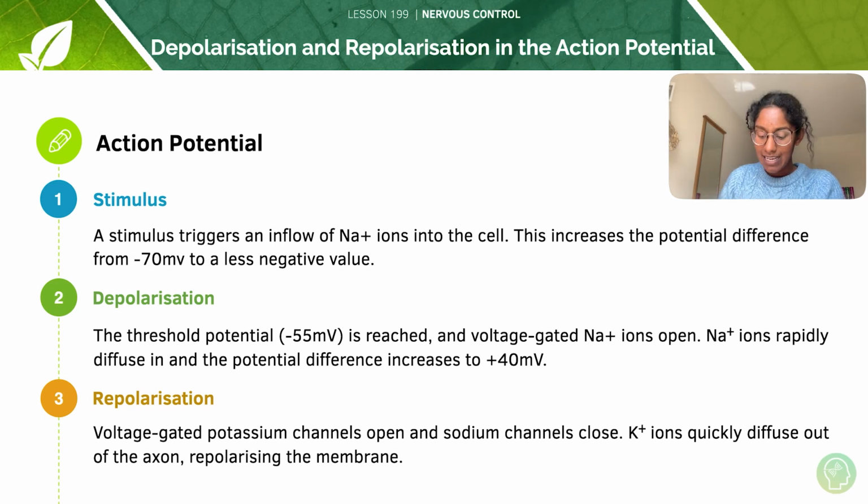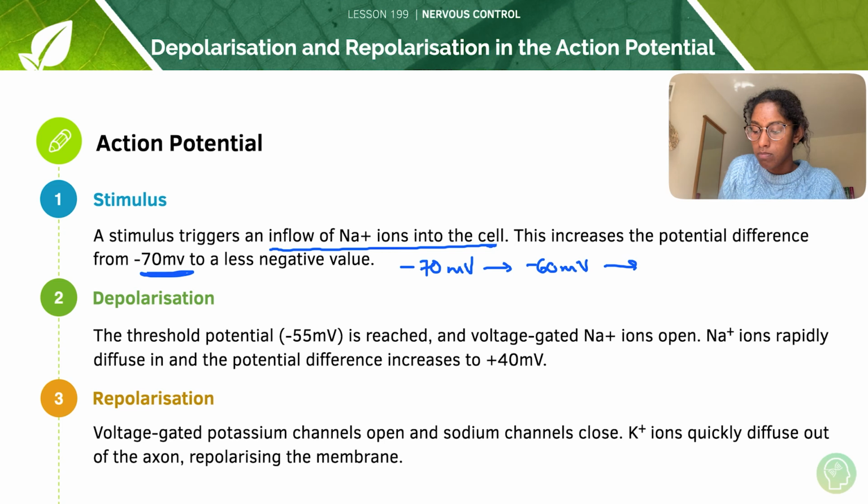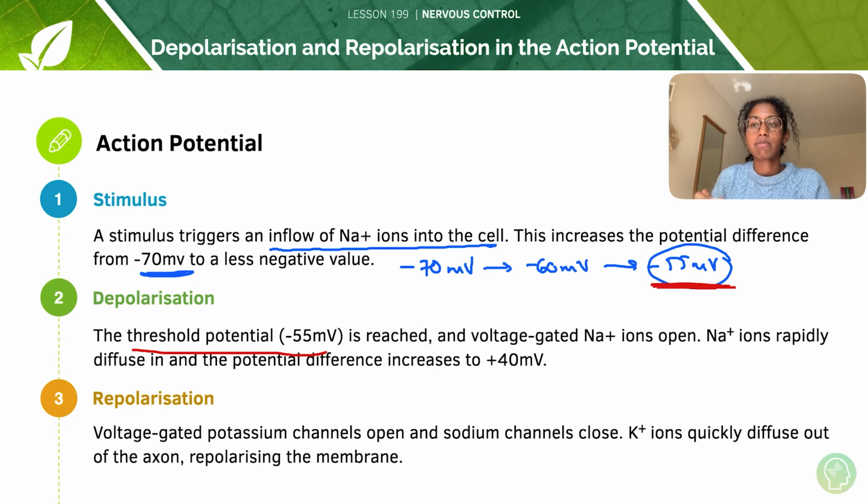So first of all, we had a stimulus, which triggers an inflow of sodium ions into the cell. And this increases the potential difference from minus 70 millivolts to a less negative value, until it reaches minus 55 millivolts, at which point the threshold potential is reached. That minus 55 millivolts is the threshold potential. And at the threshold potential, many voltage-gated sodium ion channels open, and sodium ions rapidly diffuse in down their electrochemical gradient